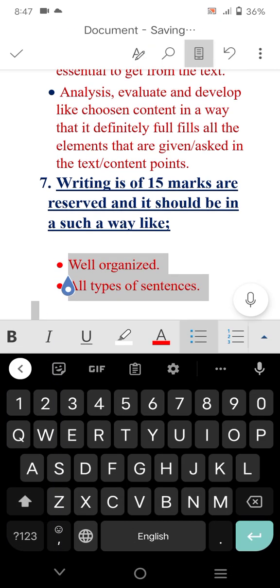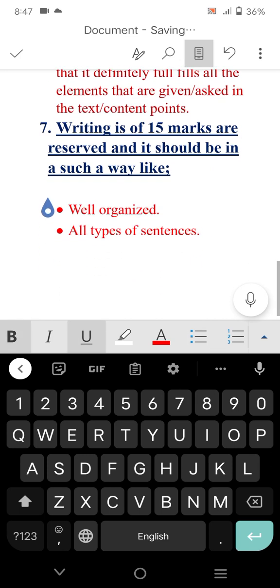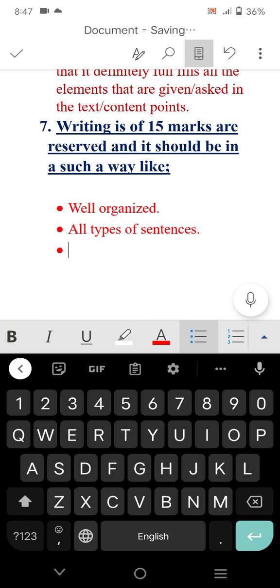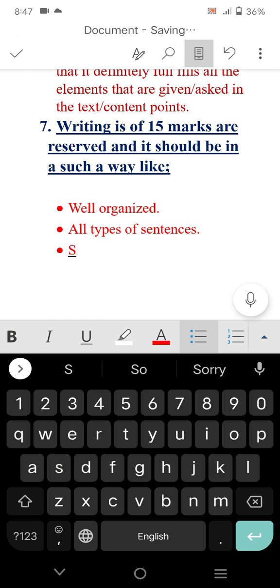Then, the essential thing the checker needs to see is that the candidate is proper, well educated, and learned, so it should have good